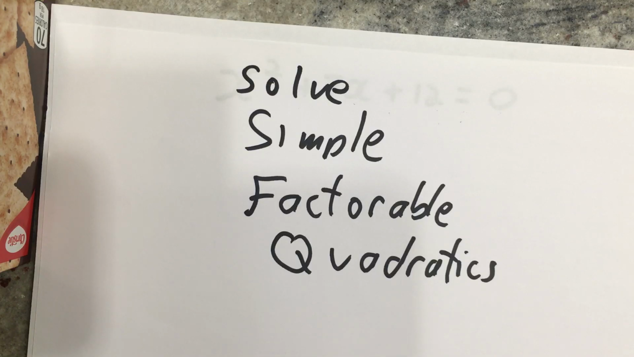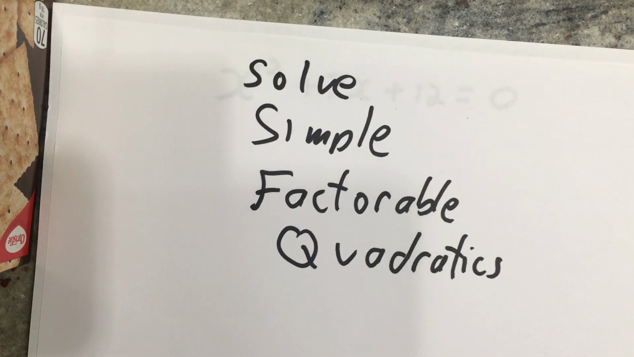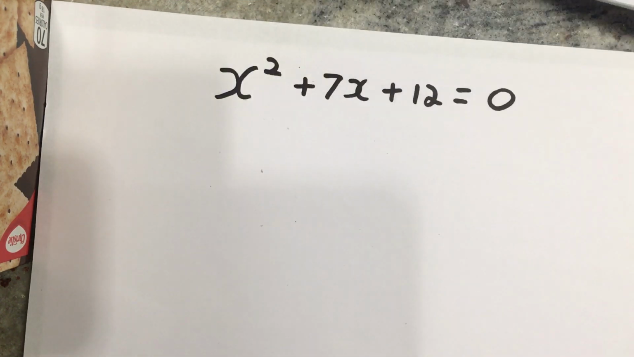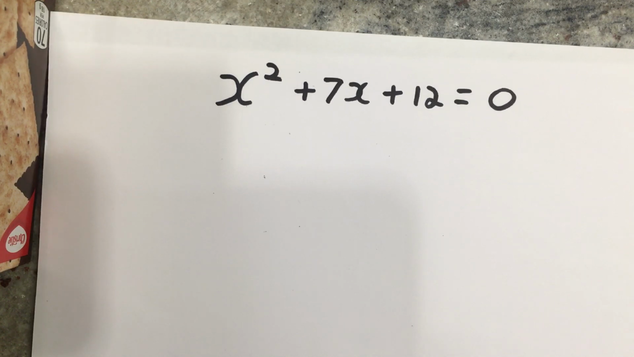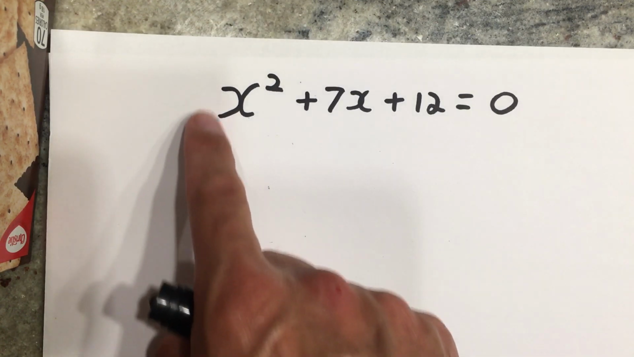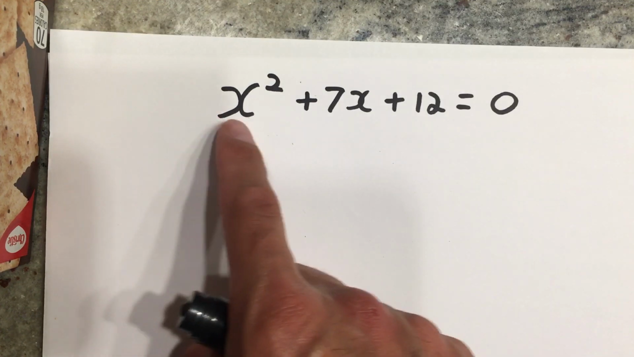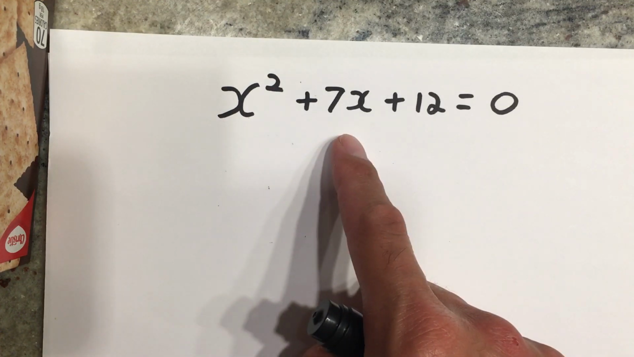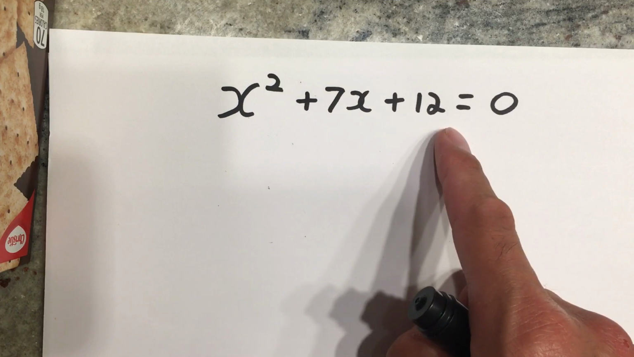I'm going to show you how to solve simple factorable quadratics. Now there's a whole lot of whys that we're not going to include in this video. I'm just going to very quickly, simply show you how to do it. So a simple factorable quadratic is a quadratic equation of this form. Notice how there's an unseen 1, meaning there's nothing there, just simply x squared plus 7x plus 12 is equal